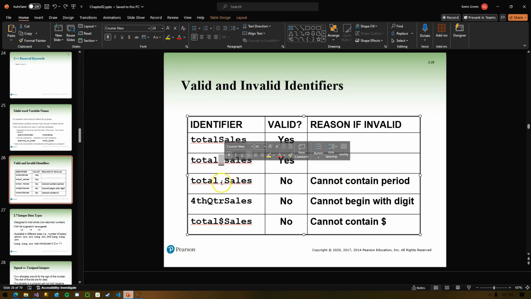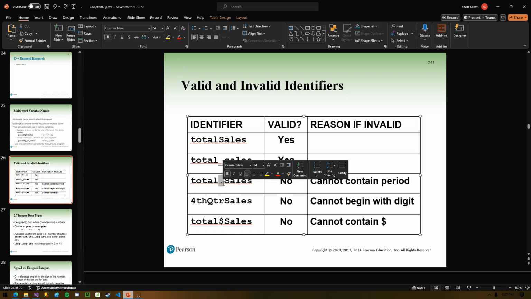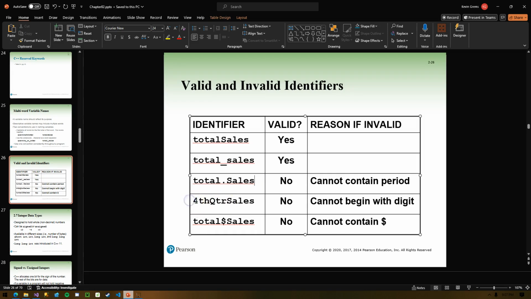The period is actually a reserved C++ operator, heavily used in object-oriented programming. 4thQuarterSales, nope, can't start with a digit, cannot start with the number 4. total$sales, no, cannot contain the $. Descriptive though it may be.